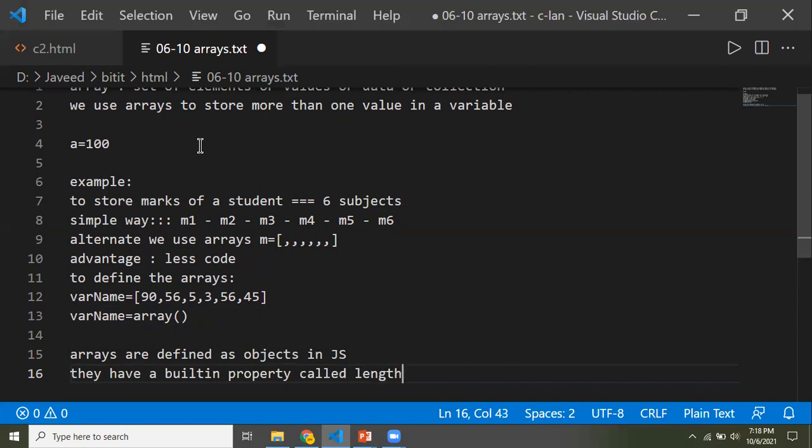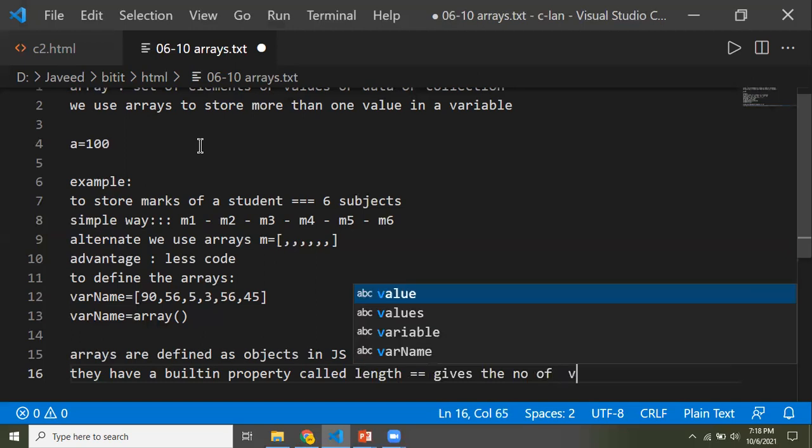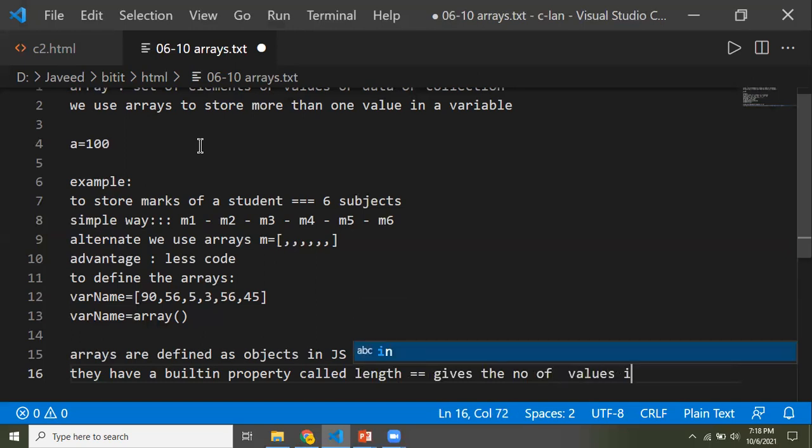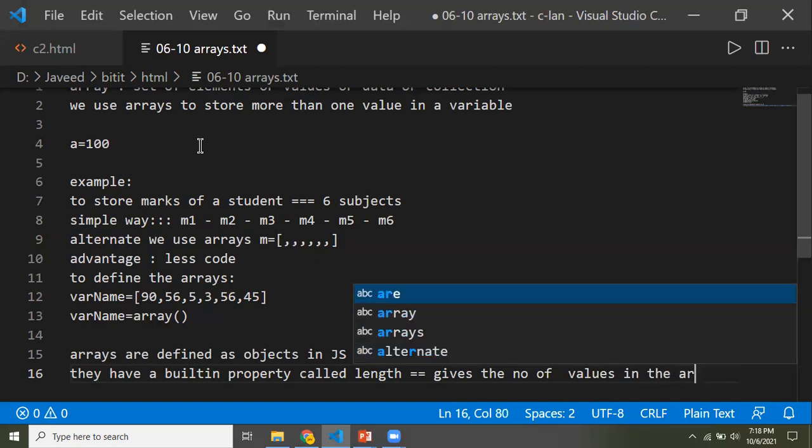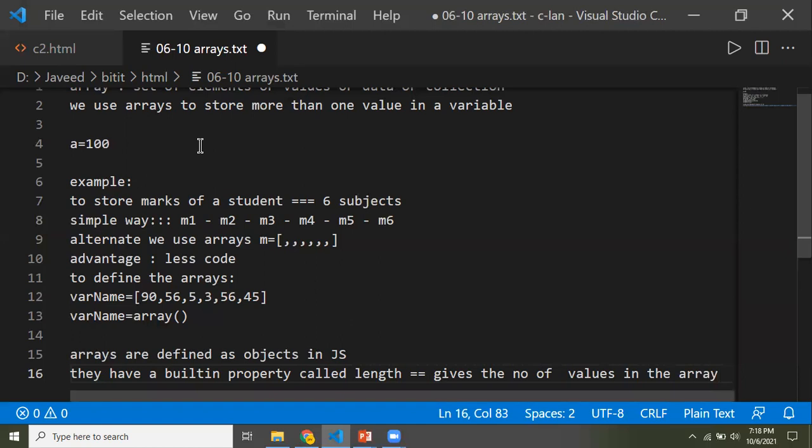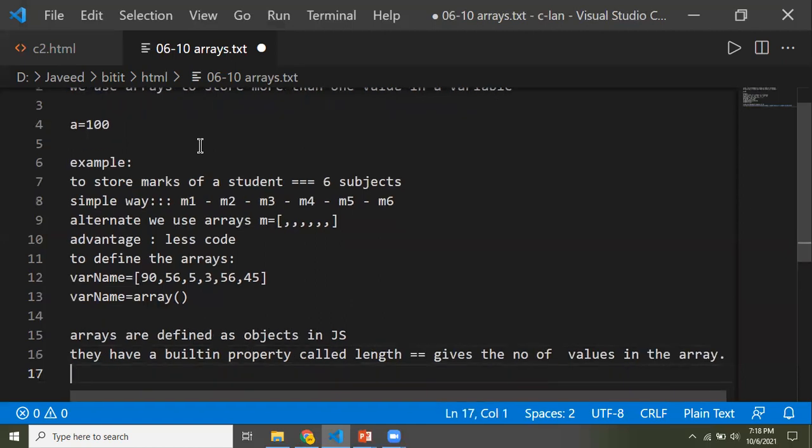We have a built-in property called length. So what does this property called length mean? This returns, or gives me, the number of values in the object, that is, in the array. It returns how many values are there in my array.